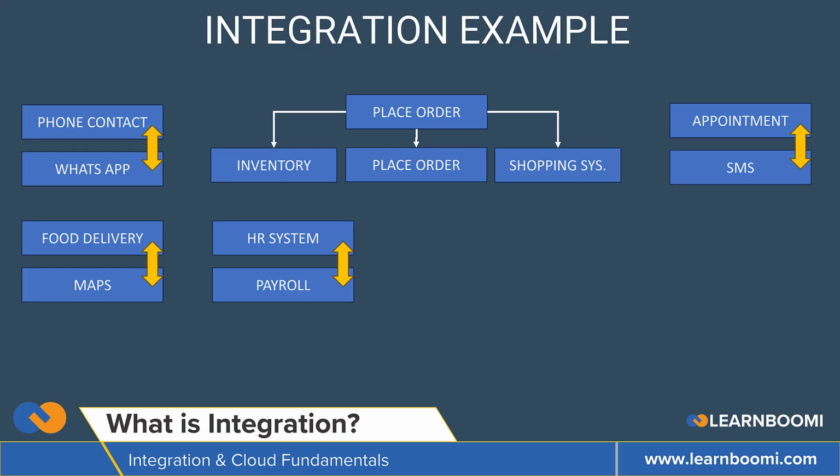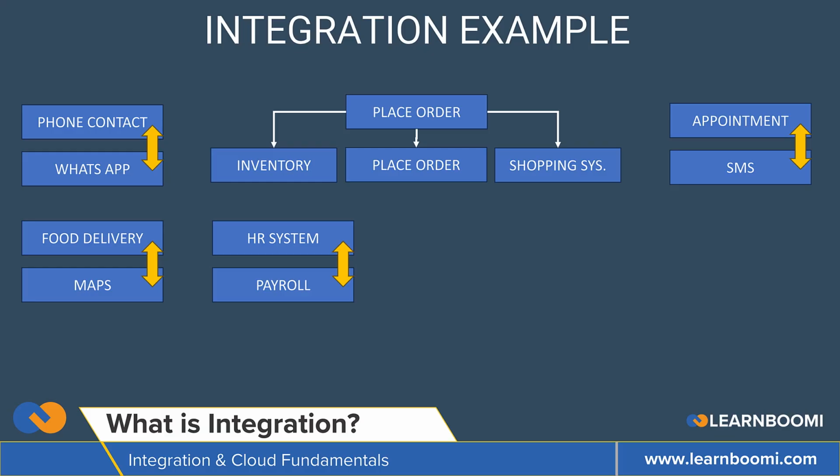Let's take another example of restaurant food delivery plus maps. So when you order food, the food app sends the address to Google Maps. Google Maps returns the best route to the app for the delivery partner to deliver your item. So this is basically the integration between the applications. So that is system to system communication, right? And that is the integration I'm speaking about.